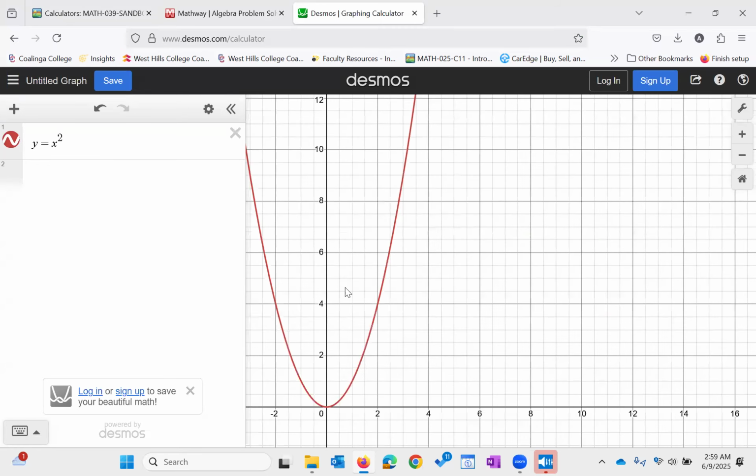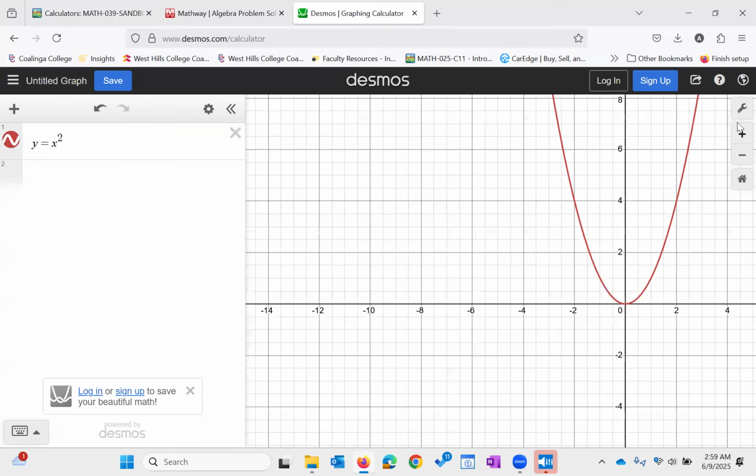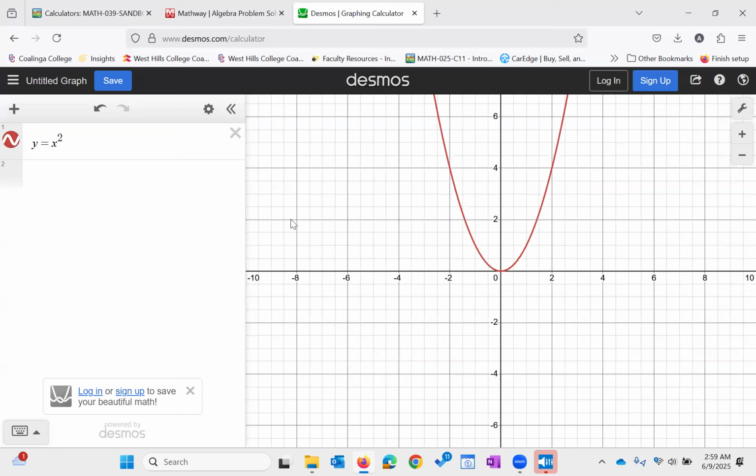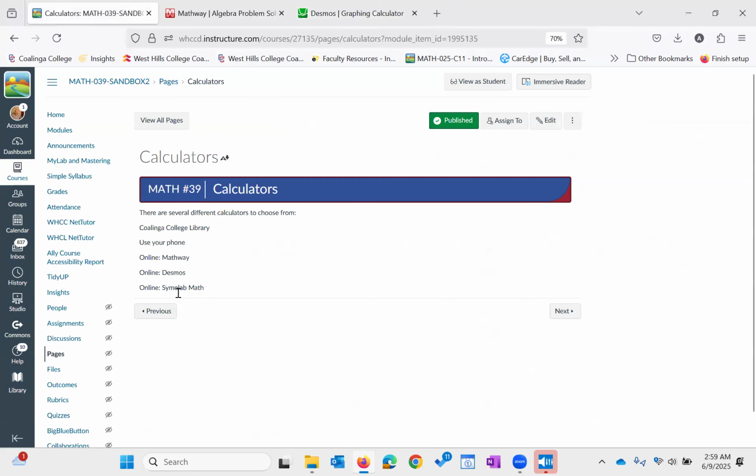You can move the graph around. You can change the graph, zooming in, zooming out. There it is. And then go back to home. But it's a good, solid little calculator, especially when you graph something here. And then there's something called